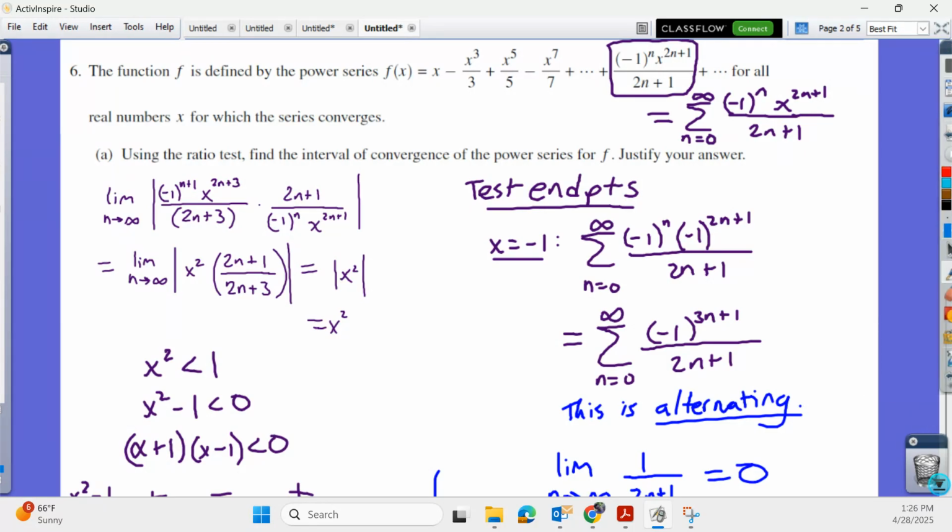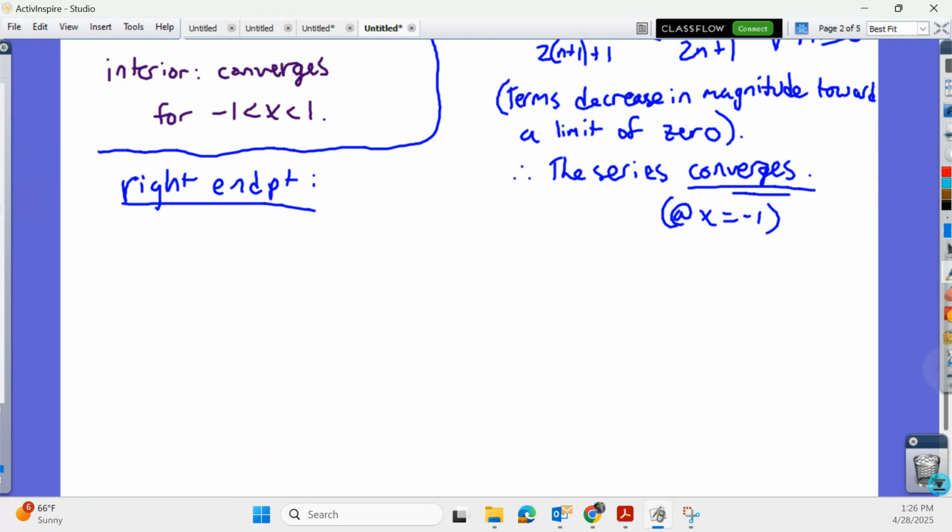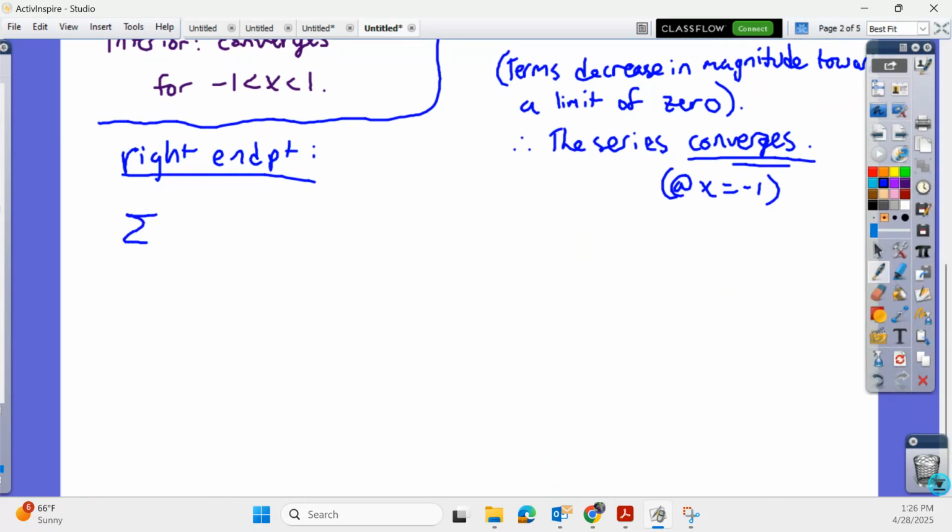So let me show that. Show the setup for the series. It's -1 to the n times 1, if you want to say to the 2n plus 1, over 2n plus 1, n equals 0 to infinity. And you can say it is alternating. And the terms have the same magnitude as the terms in the one we just looked at. I think the signs are switched on all of them, but it doesn't matter, right? It is alternating, so they do switch signs every term. And